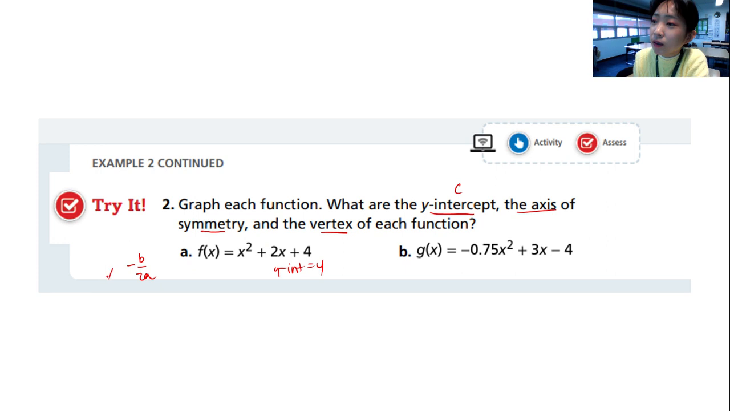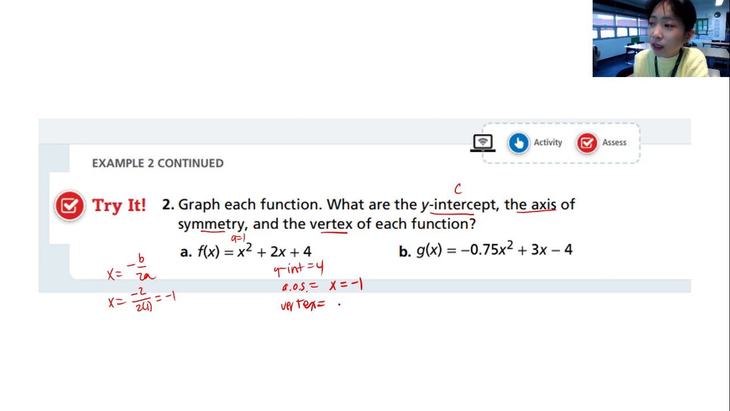So x equals negative b over 2a. Your b is 2, a is 1, because you don't see anything, but you have the term x squared. That means your coefficient is 1. So you have negative 2 over 2 times 1, which is just negative 1. So your axis of symmetry is x equals -1, and the vertex will be, so that's your x